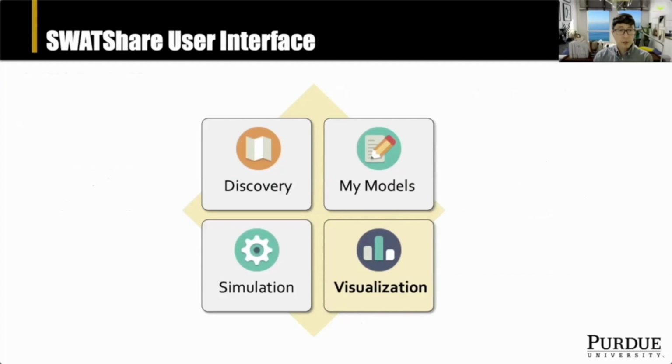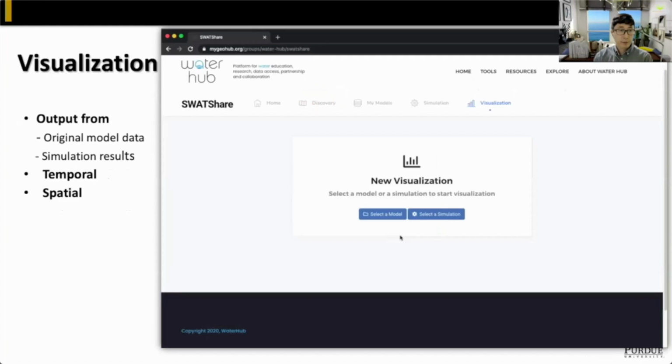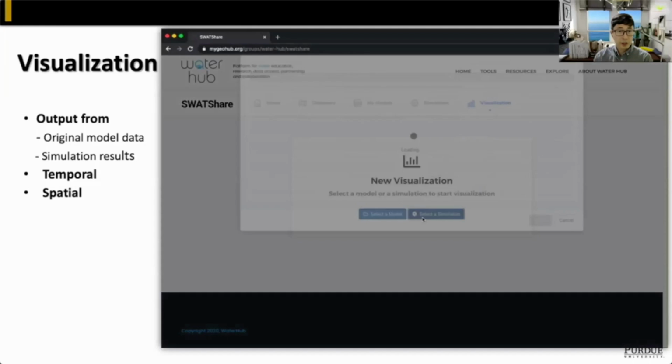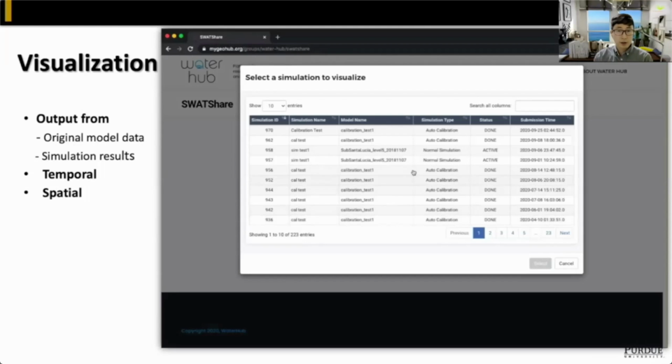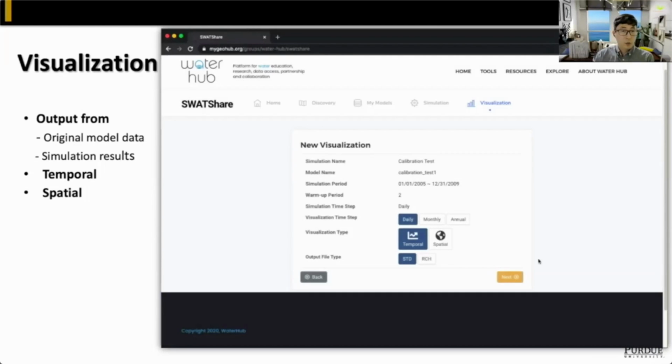The last tab is visualization. In the visualization tab, users can dynamically create temporal plots and spatial maps for selected variables. They can visualize SWOT output data included in the model file by selecting a model, or they can also use outputs generated from a simulation result by selecting a completed simulation. When an output is selected,